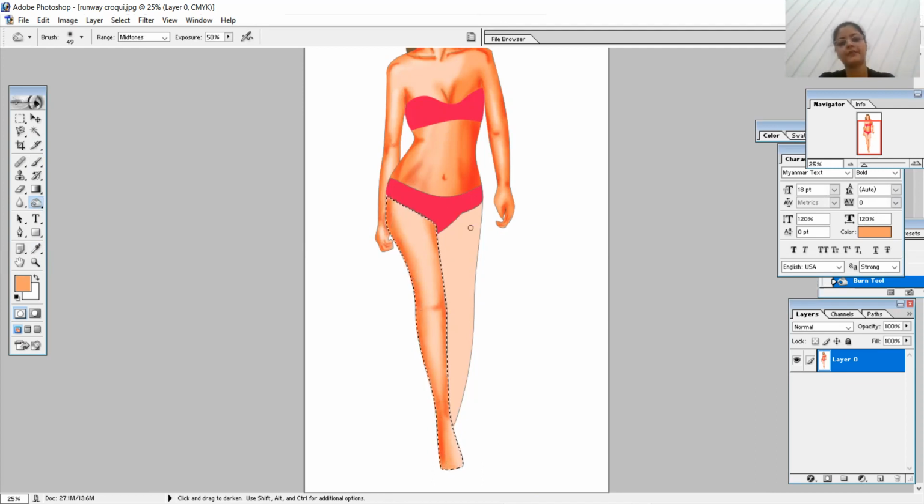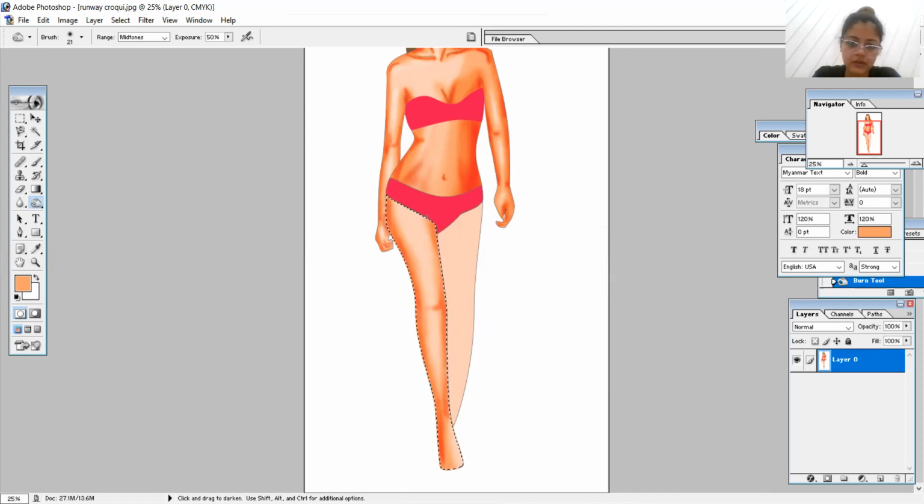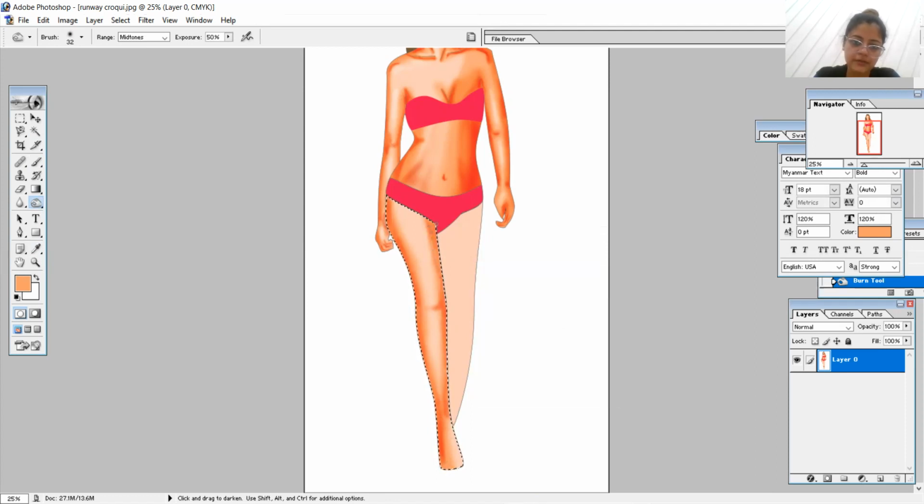Similarly, here decrease the diameter and just give this depth kind of thing. So we want to show a little depth here. Make it dark. So the proper effect is coming right now. You can see the light fall on the leg is clearly visible. The shade from the thigh, the depth, the knee effect, everything is just perfect over here. We don't need to touch it more.